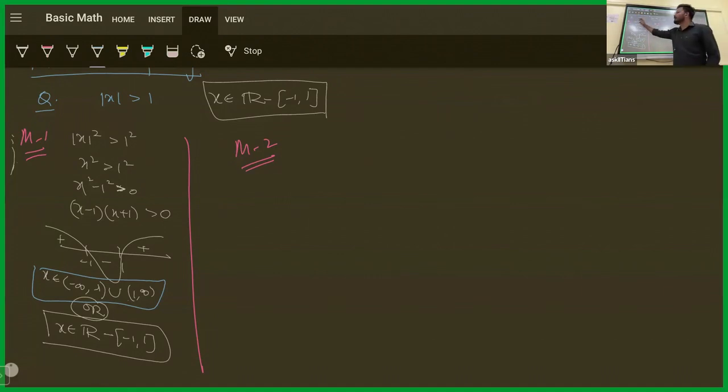Critical point means the value of x for which this expression becomes 0, the value inside the modulus becomes 0. So what should be the value of x here so that this whole thing will be 0? 0. So 0 is the critical point here. Critical point क्या है? 0 है। अरे समझ में? हर एक केस में 0 नहीं होता। Modulus of x minus 1 greater than 1, इसमें critical point क्या होगा? 1 होगा।